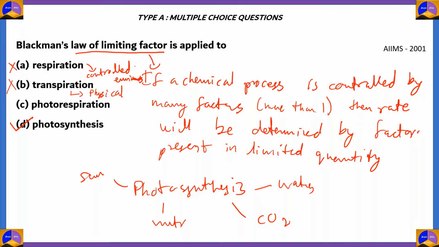You know, when water evaporates through the leaves and it's sent out through the stomata, it creates a transpirational pull, which is a physical process by which water is sucked in from the lower half of the tree. So transpiration is physical. And option C, photorespiration,